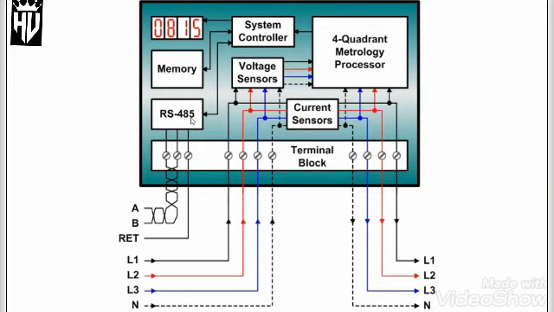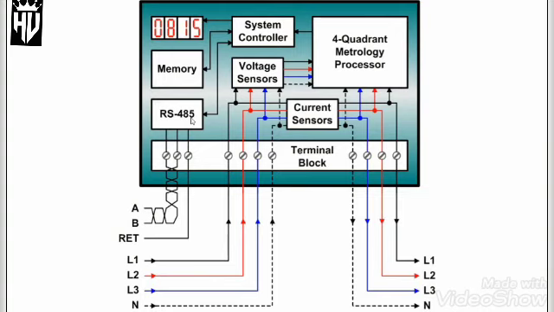This interface can be designed for half duplex or full duplex. Now the question is, what is the difference between half duplex and full duplex? In half duplex we can send data in both directions but once at a time. And in full duplex we can send data in both directions at the same time. The example of half duplex is wireless, while the example of full duplex is our mobile phones.